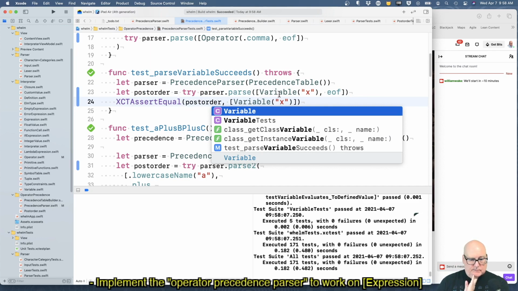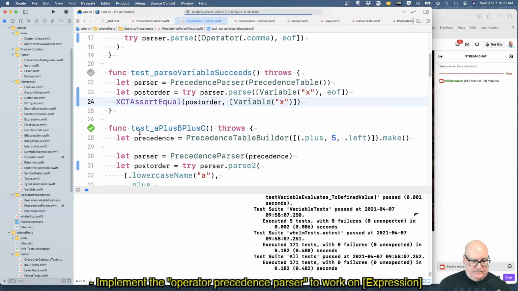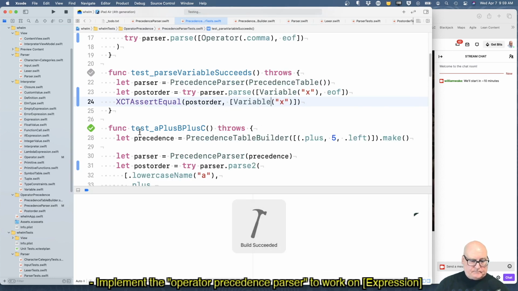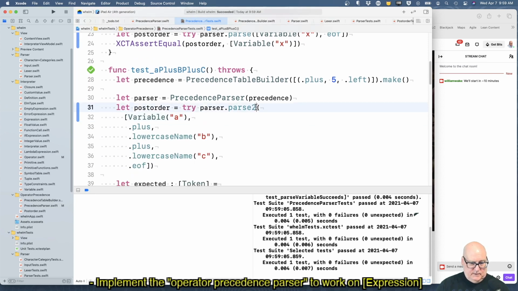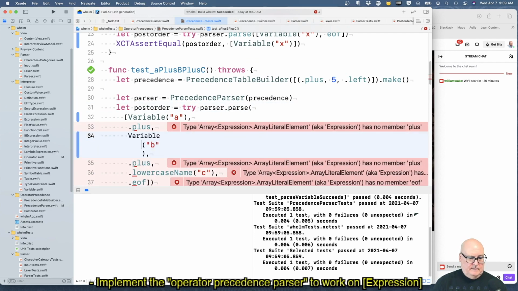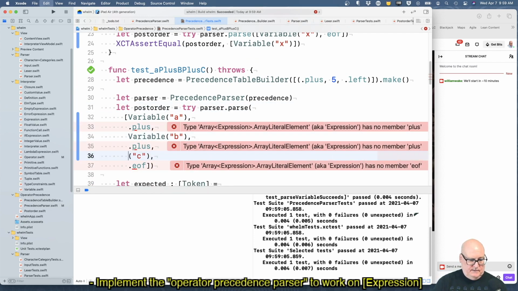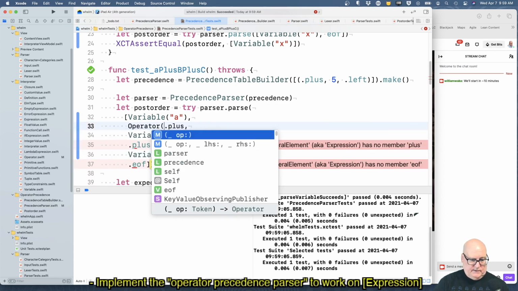Okay, so parse variable into file. We expect post order to be variable x. Yes. Variable A, variable B, variable C. And this is operator dot plus.